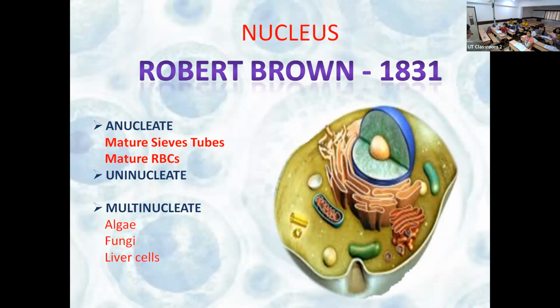सेम वे मैच्योर सीव ट्यूब्स, ये अभी पढ़ोगे। Sieve tubes are nothing but a part of phloem cells. Xylem और phloem सुना होगा, तो phloem का component है sieve tubes। जब बनते हैं न्यूक्लियस होता है, और जब मैच्योरिटी होती है न्यूक्लियस चला जाता है।